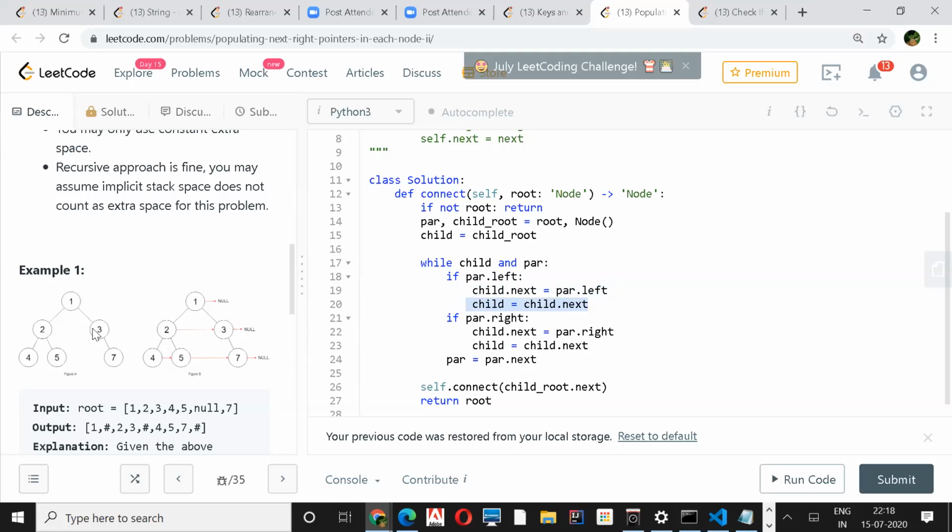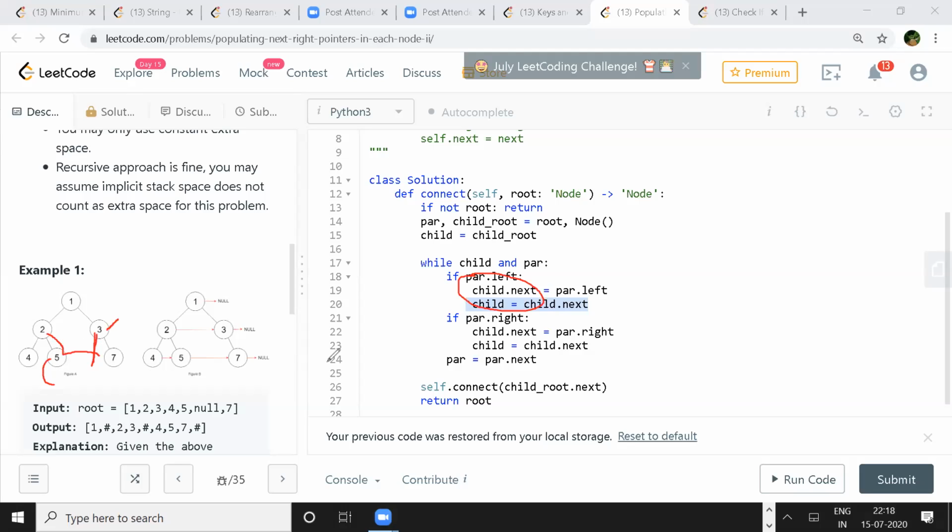This is the case I'll show. This is the parent, 3, and if its left exists and my child is here, then I'll set child's next to this, and child will go to the next level.